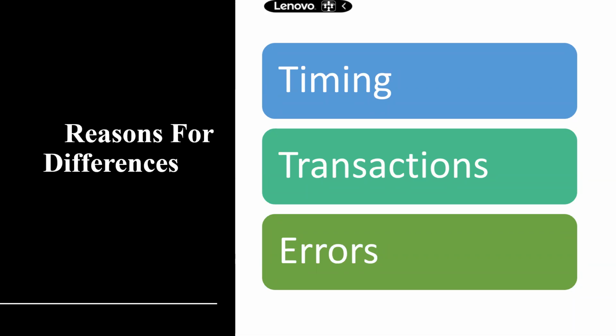So the reasons for differences, I have just put under 3 headings. In detail, each reason we will do in the next class. Right now, we will just have a gist of what type of differences can occur between a cash book and a passbook. So that's why I've just grouped them under 3 major differences. The first one is timing. Now, what do you mean by this timing part?